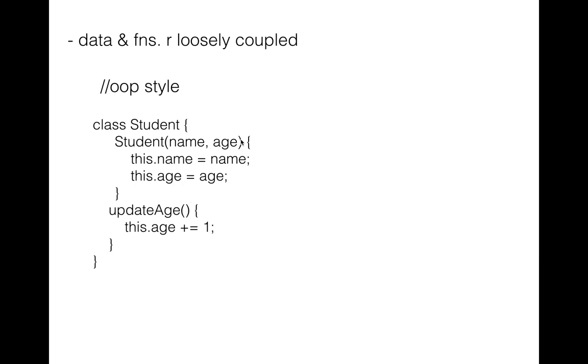Typically, the variable age, which is updated by the function updateAge. So this is the nature of object-oriented style. In a functional style, we keep the data and the function separately. And the data is typically represented using constructs like arrays and hashes. So if we were to represent similar functionality using functional style, we can write it this way.